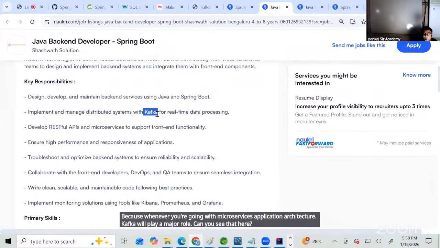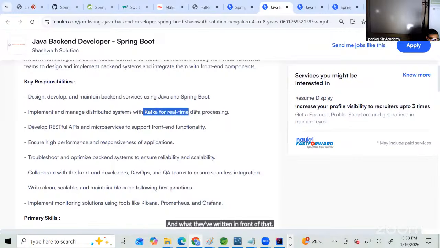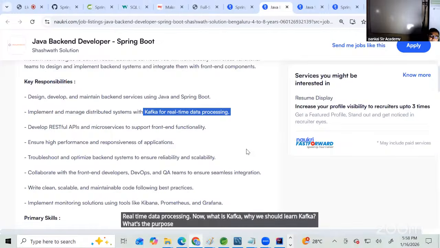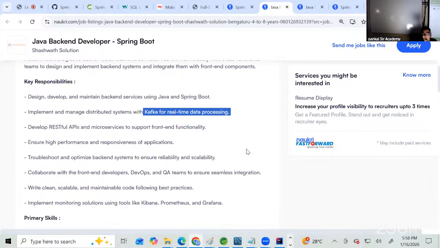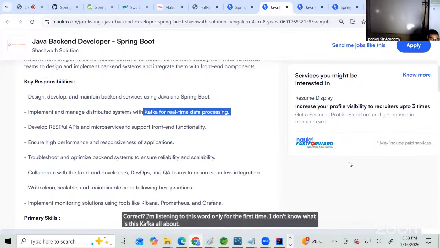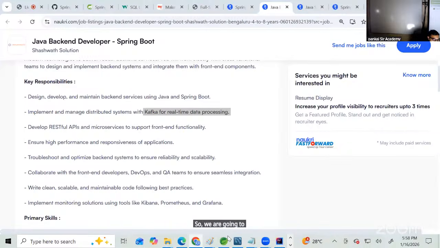And what they have written in front of that, read that. Real-time data processing. Now, what is Kafka? Why should we learn Kafka? What's the purpose behind it? Tell me. Sir, I'm listening to this word for the first time. I don't know what this Kafka is all about. So, we are going to discuss what Kafka is,